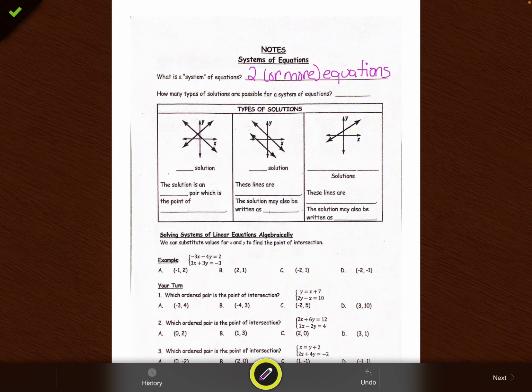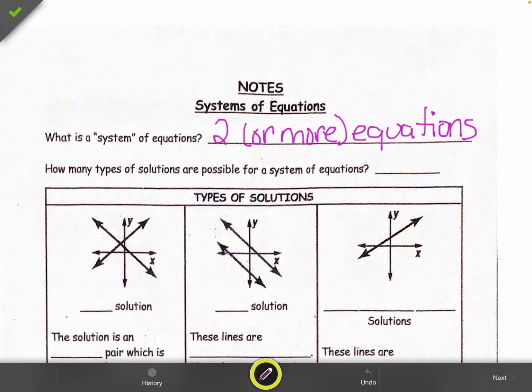Hey everyone, today we're going to talk about systems of equations, and we're actually going to solve systems of equations. So let's talk about the definition first. What is a system of equations in algebra? A system of equations is two or more equations that have the same unknowns, i.e. variables, and what we're going to be doing with these systems of equations is we're going to be looking for